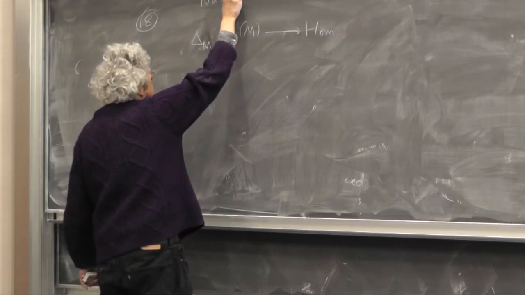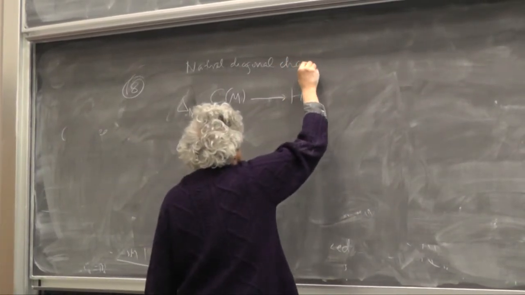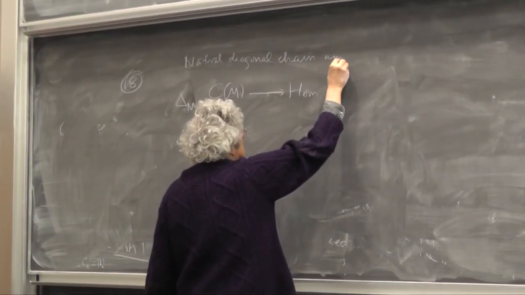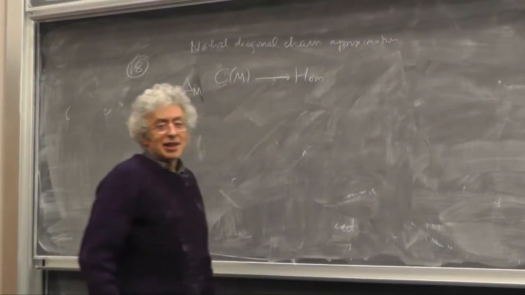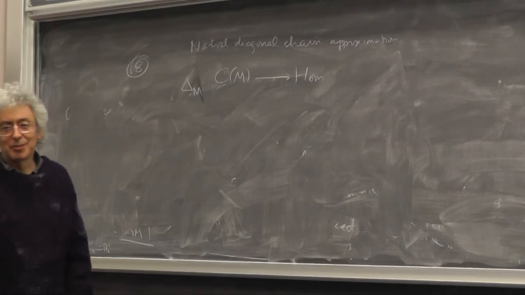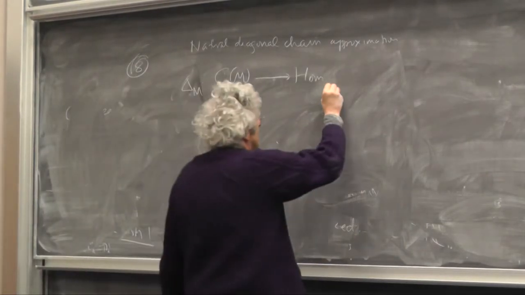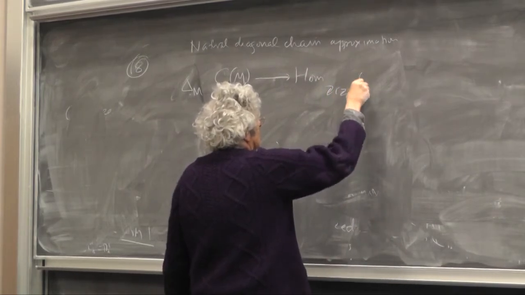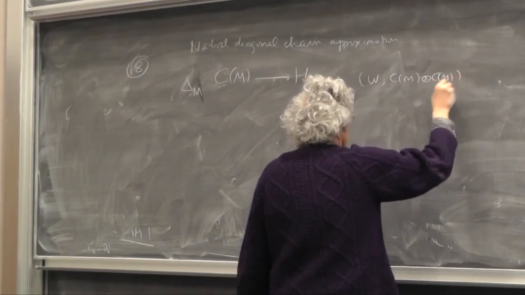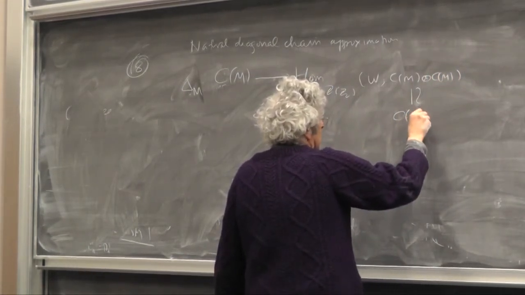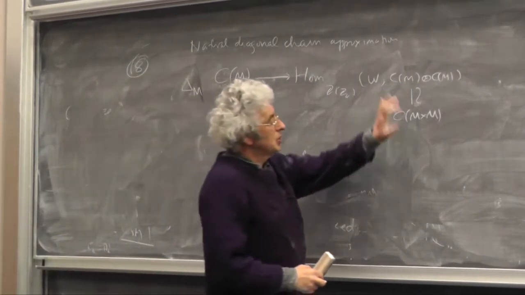There exists a natural diagonal chain approximation. The problem with getting it going is that it requires something which is somewhat out of date now, acyclic models. Experts know about it, but I think it's slightly forgotten. It comes from the fact that the Eilenberg-Zilber theorem tells you that this chain complex is chain equivalent to that